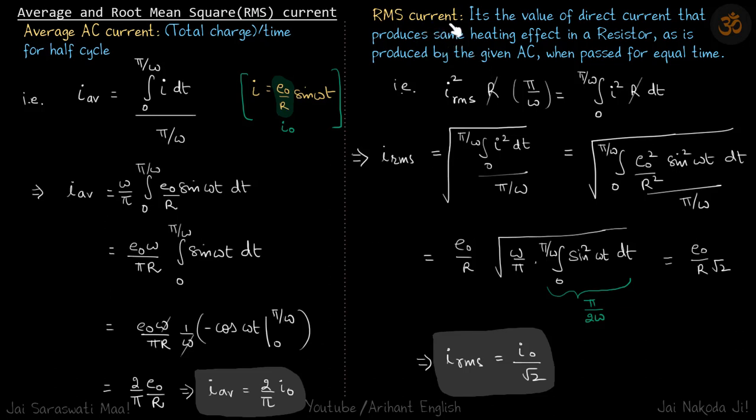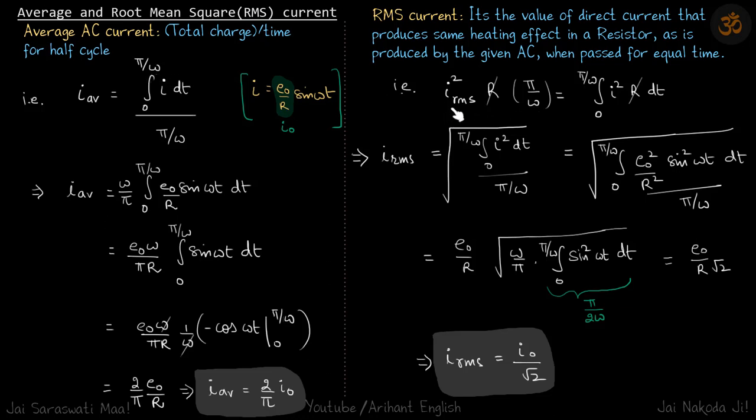Now RMS current. By definition, let's take the same time period as here, which is half cycle. In reality it doesn't matter, you can take any time period. You can take half time period or full time period or 2 time periods, 2.5 time periods. It doesn't matter. Here, for simplicity's sake and for consistency, we have taken the same time